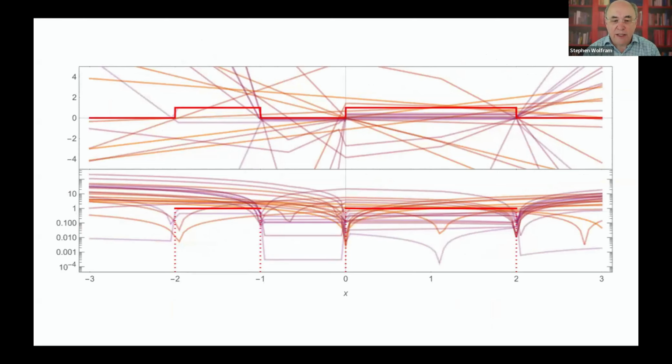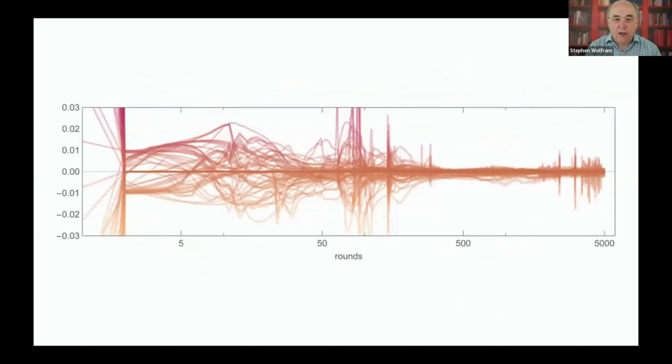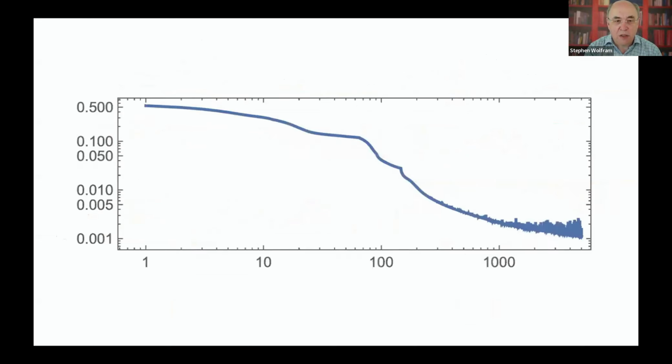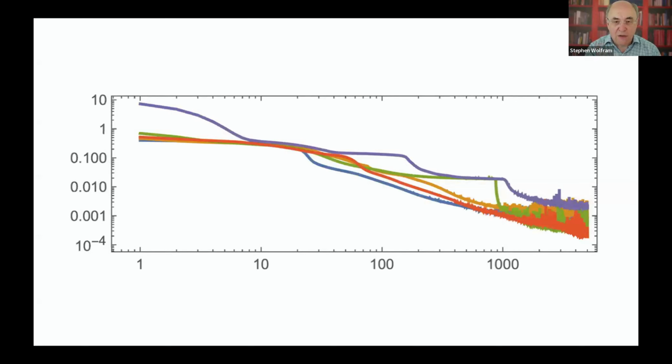These are the activations of different neurons inside it. It's pretty complicated what's going on in there. When you look at the training of that neural net, you see the successive weights being trained, and you see a lot of interesting phenomena. I think this is the loss curve for that particular training. Different loss curves for different rolls of the dice, so to speak. And